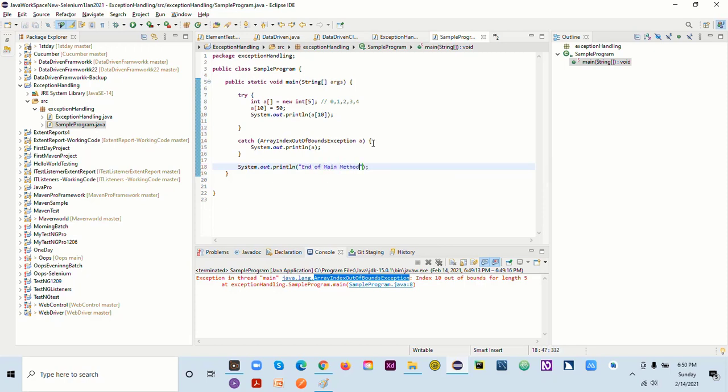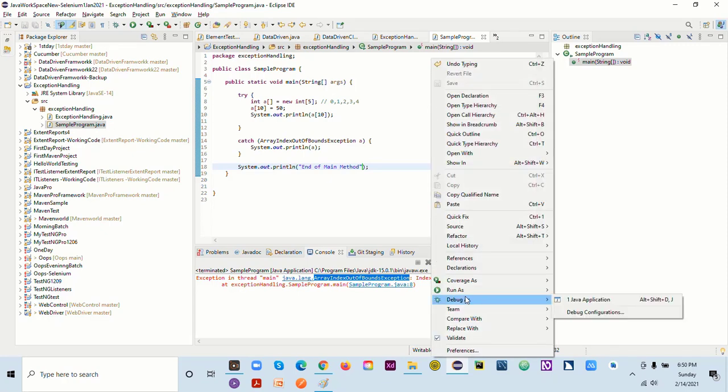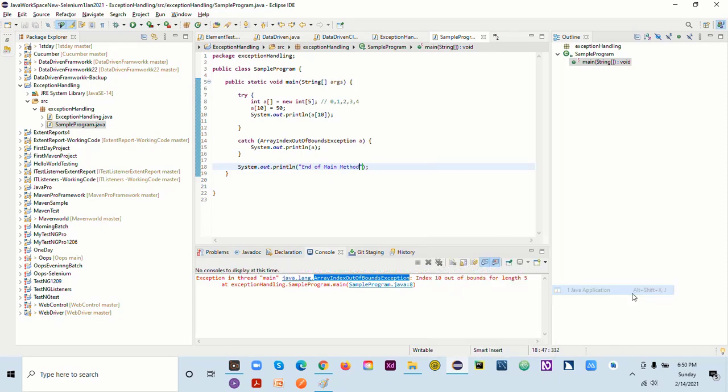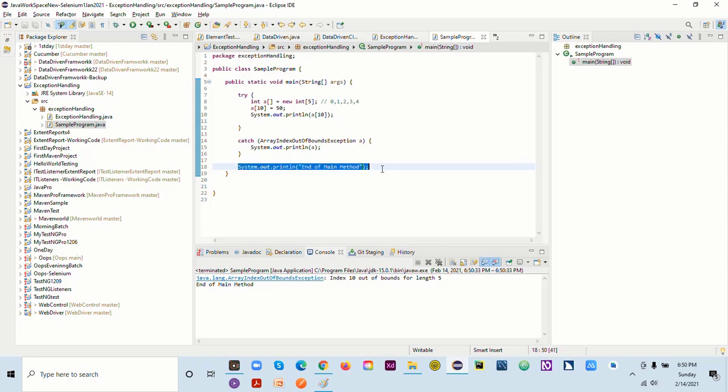Right? Let's try to run this now. See, it's giving you a proper explanation of why we got this exception. Okay, index 10 out of bounds for length 5, because we have length which is 5 here, and it's printing this one as well.